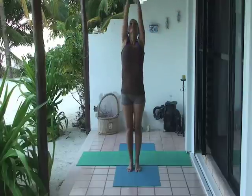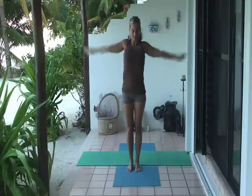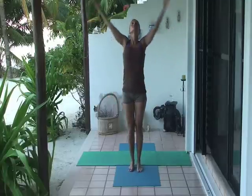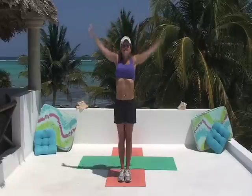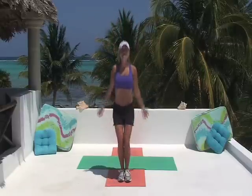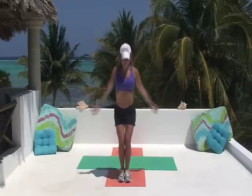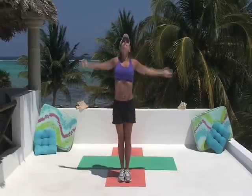Preparing to warm the legs up with a chair flow. Inhale up, exhale, sit down as if you're sitting in the back of a chair. Inhale, reach. Exhale, lower, dropping the tailbone. Inhale, up. Exhale, lower. Throughout the workout, I'll be showing some of the moves with sneakers on, just to show